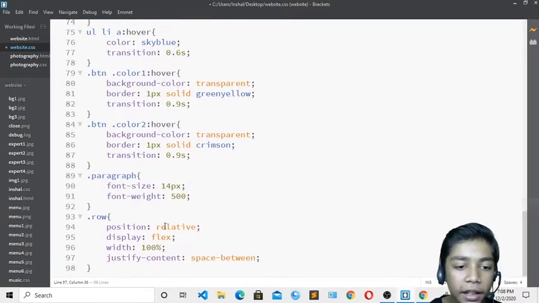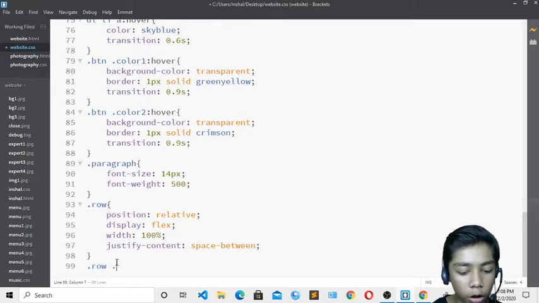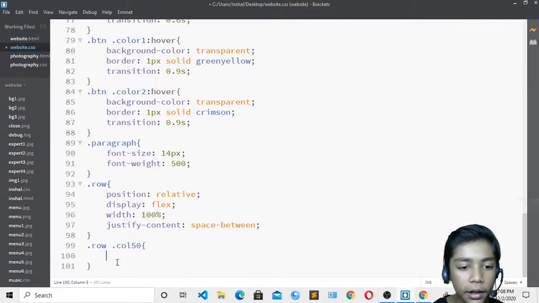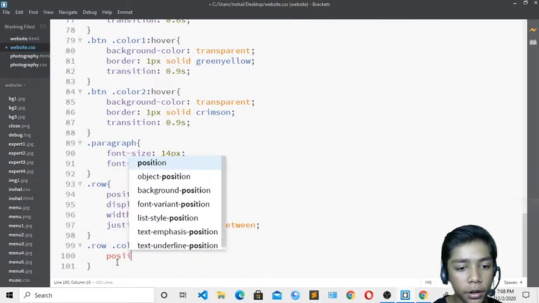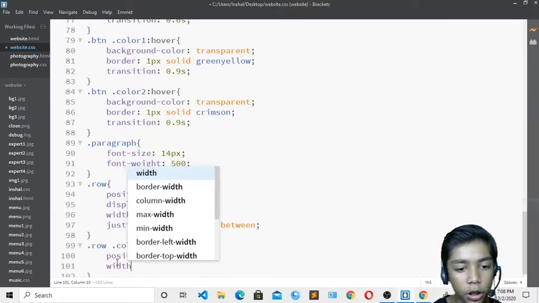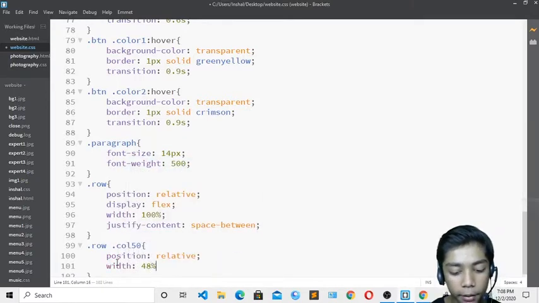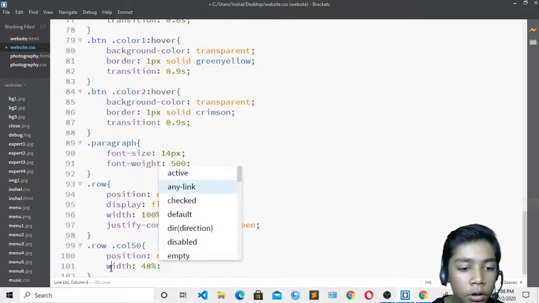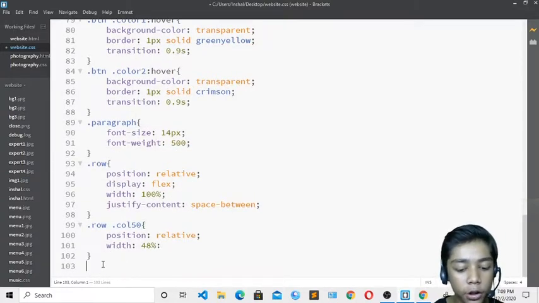Okay, so write like that, come over here dot row dot col50, right over here position should be relative again, and now the width should be 48%, not pixels.